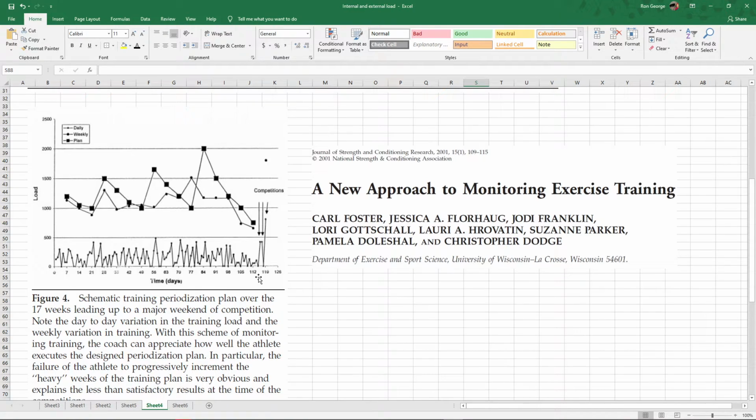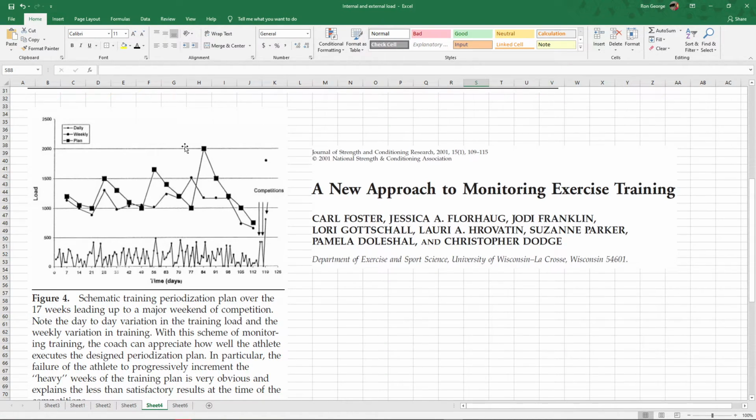This is days on the x-axis, and you can see that the coach who has charted this has charted the planned load, which is the line with the square markers. But then the actual load that the athlete reported back was somewhat lesser, right? And then in the last days, like day 91 or day 77 onwards, for example, they just couldn't meet it. There was some appreciable difference there, and this is something that you can look at, and a coach can ask,